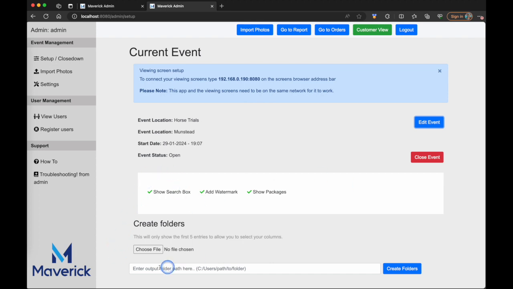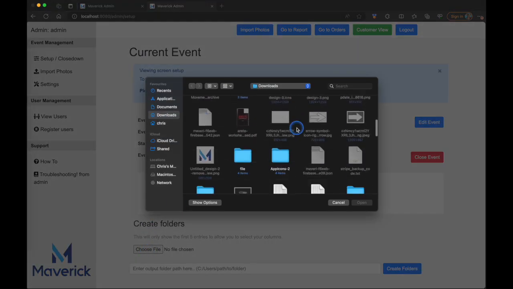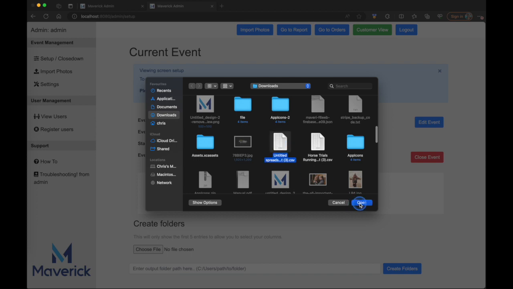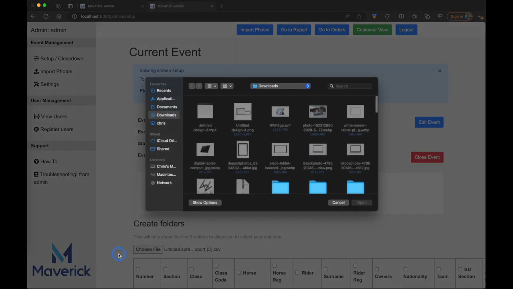If you want to create some folders, which we do quite a lot, especially at Munstead, we get given a CSV file, and then we can create the folders off of that. Now, we have quite a lot of riders, usually around 300 riders at Munstead, and I don't want to be creating a folder for each one of those. So I can come into choose file and go down to a CSV file, open that up,